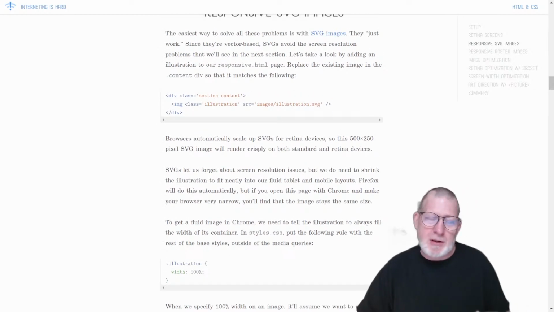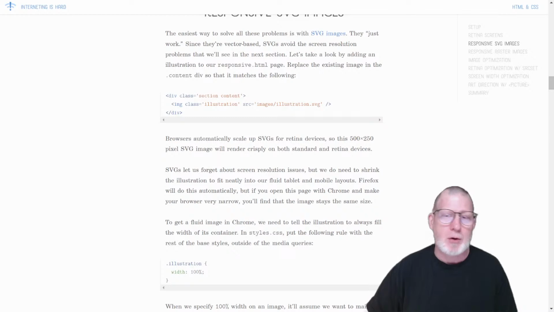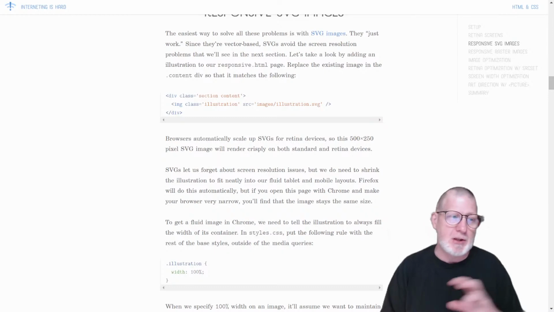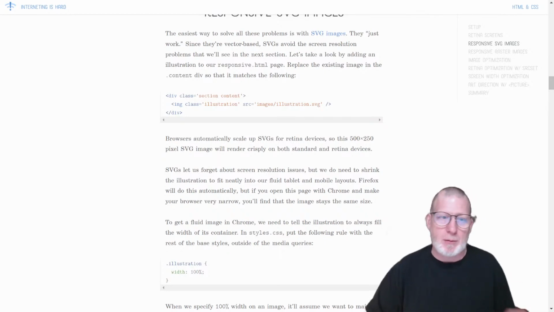Now, the article goes into talking about different image formats. There is a scalable vector graphics format. If you're comfortable with things like Illustrator, you could make elaborate images in Illustrator, export them as scalable vector graphic images, and they will scale nicely without you having to do additional work. The web understands SVG, or scalable vector graphics images, and will auto-scale them nicely without you having to make multiple